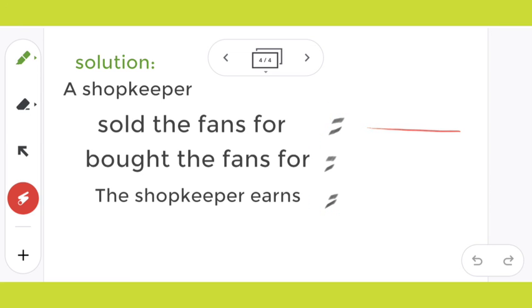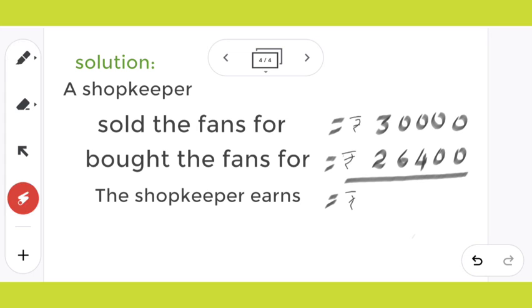Now I will arrange the digits in order. Okay, now I have arranged the digits in order. This is rupees, so you have to write the rupee symbol also here. So let's subtract now. Here you have 0 and 0. So 0 minus 0 is 0. Next we have again 0 minus 0, so it will also be 0.